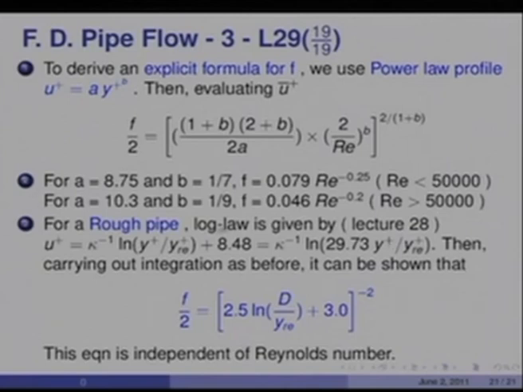If it is a rough pipe, again we go back to the log law and use this log law, which can also be written as kappa raised to minus 1 ln of 29.73 y plus divided by y r e plus. Then the integration will show that 1 over root f by 2 is equal to 2.5 ln d by y r e plus 3 raised to minus 2. Now, this is a very interesting result: in rough pipes, the integration of the logarithmic law of this type shows that the friction factor is no longer a function of Reynolds number,